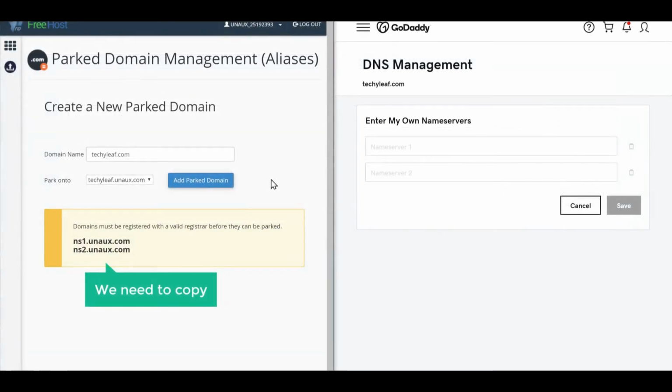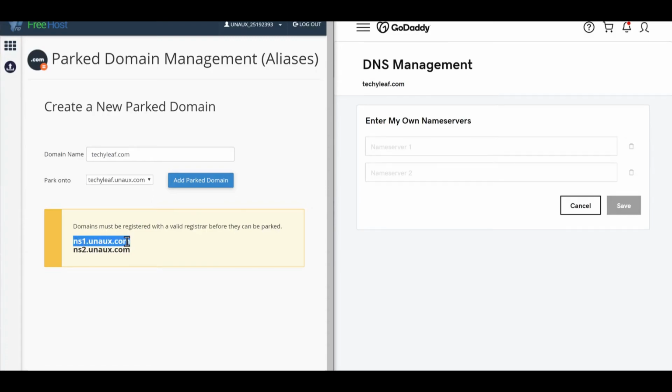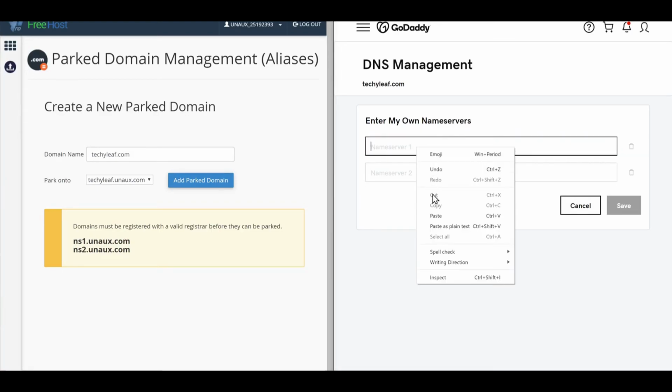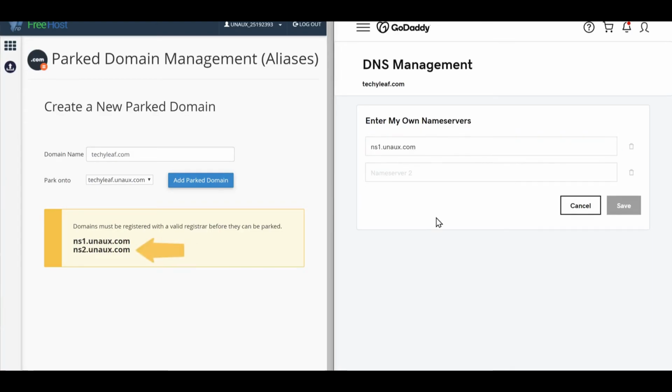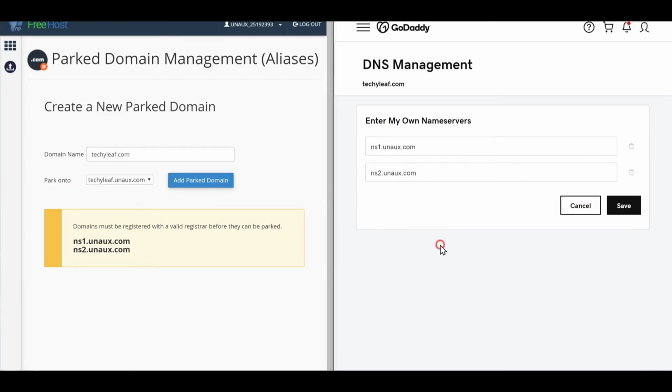So now we need to copy these 2 details and paste it here. First, let's copy this one and paste it here. Next, copy this and then paste it here. Now click Save.